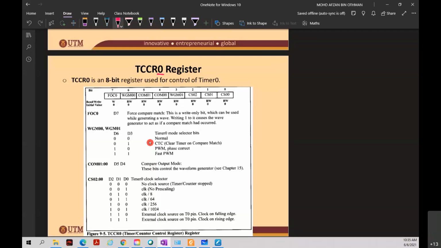Okay, so you have 8 bits, and each bit here has a certain function. Now I'm going to show you the bits that you need to focus on, or need to remember. One of the bits that you need to remember are bit 6 and bit 3. So this one you need to know. Bit 6 and bit 3 are actually to determine